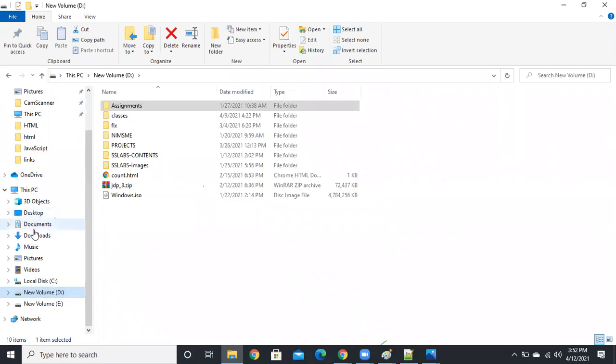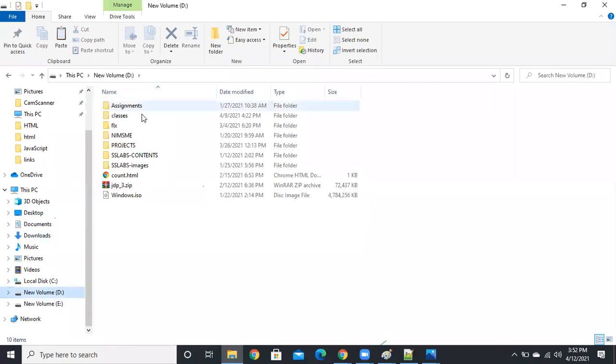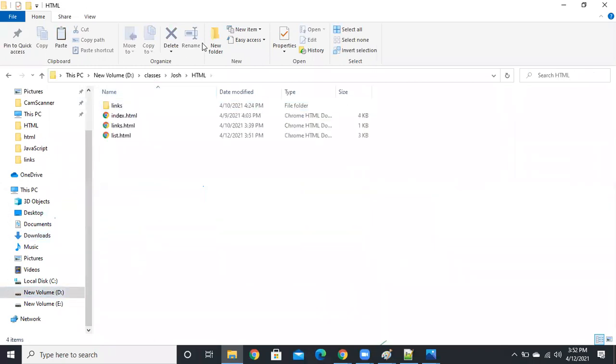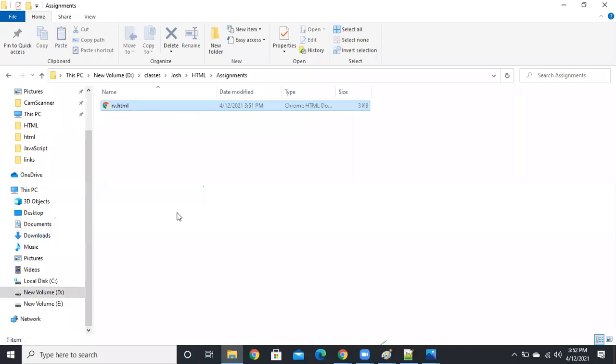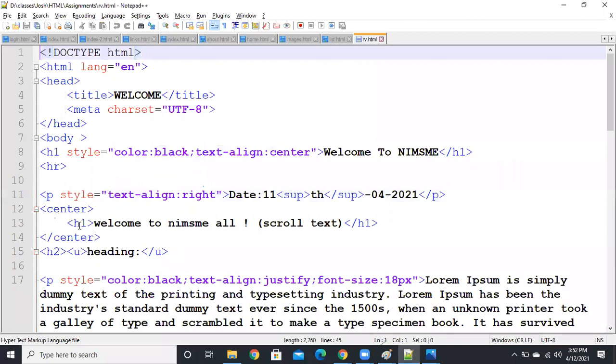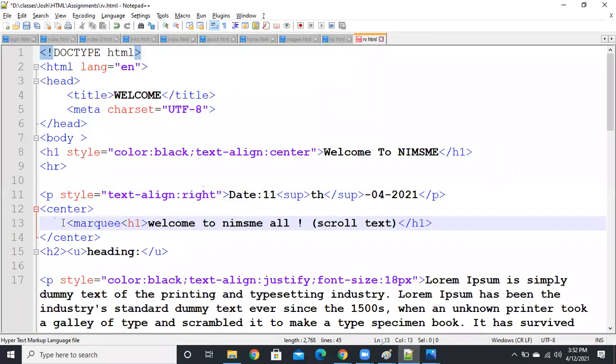So here downloads. And try to add some colors also. See, for scrolling you just apply scroll with marquee.